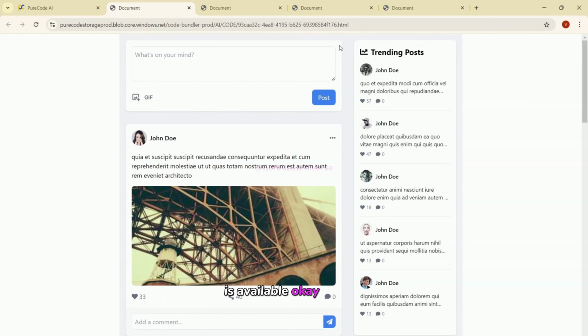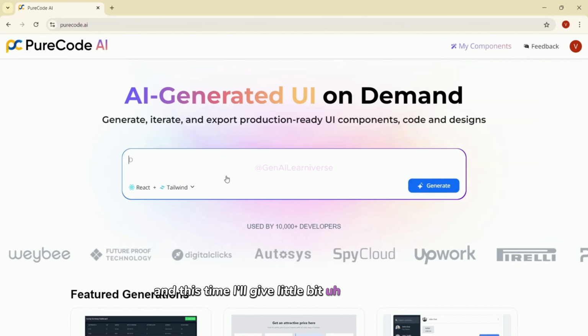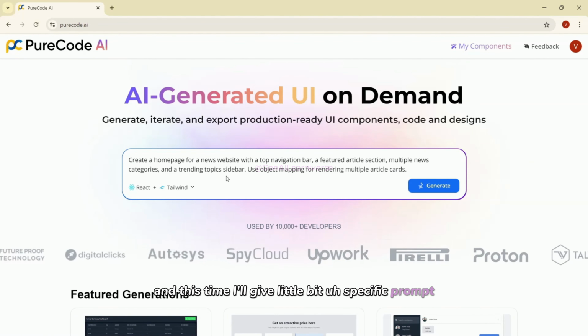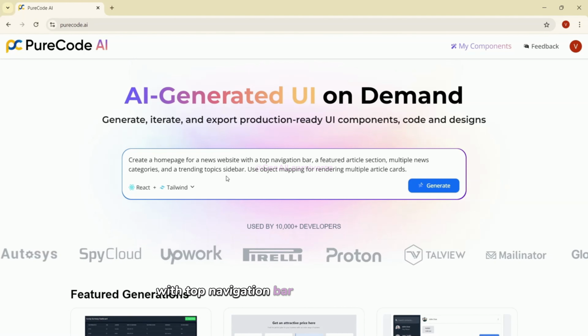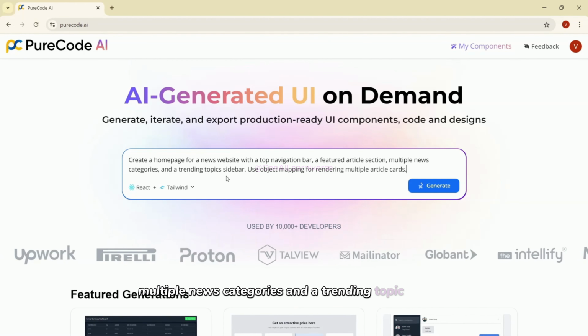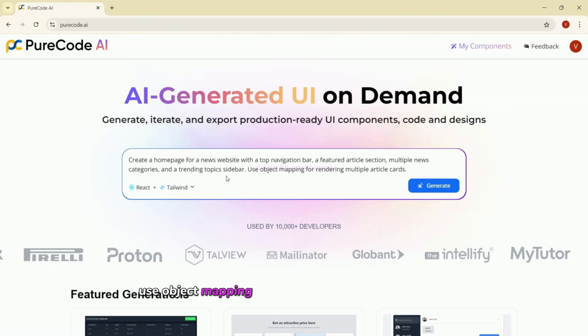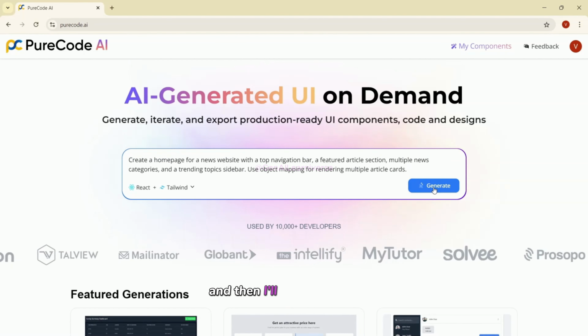Okay, perfect. Let's see one final example. So I'll close my previous creations, and this time I'll give a little bit more specific prompt. I am asking it to create a home page for a news website with a top navigation bar, a feature article section, multiple news categories, and a trending topic sidebar. Use object mapping for rendering multiple article cards. So this is what I have given as a prompt, and then I'll click on generate,